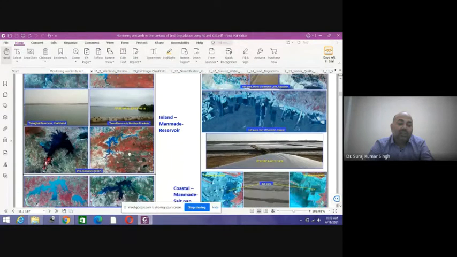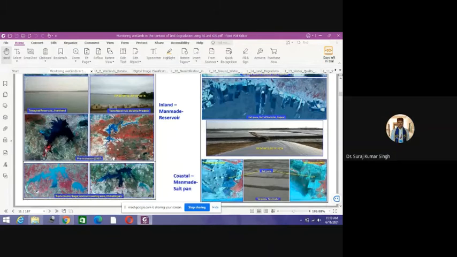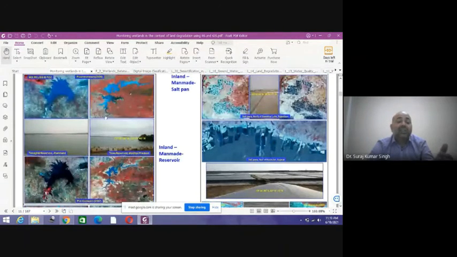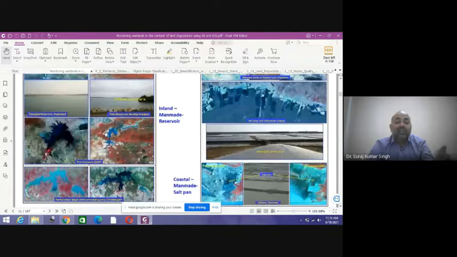So you can see that is a man-made reservoir, and the color is changing, as I've already stated. It is dependent on the sediment content. During post monsoon, the sediment contents are very high, that's why you will have a brighter bluish color. And as you go towards the pre monsoon, the color gets darker. So they are indicative of the sediment content.